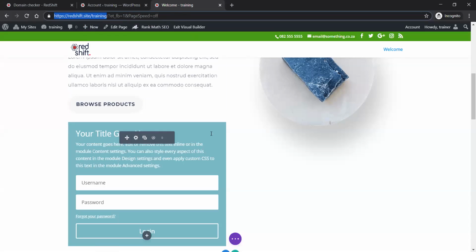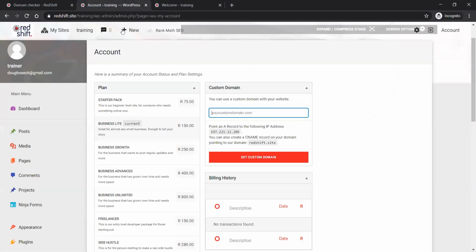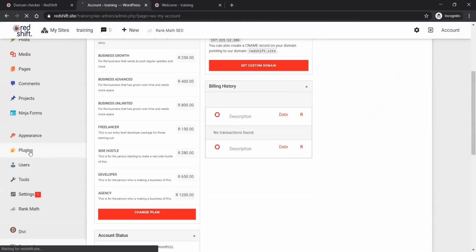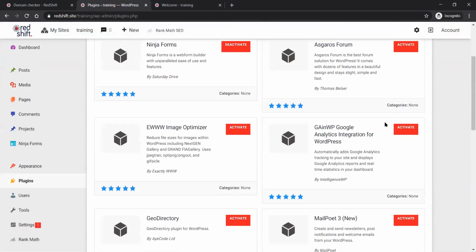What was the other question? Was login. So there is a basic login form module in Divi, but like I said, if you're doing it for the Greg's talking about, just to bring everyone else up to speed, right? So you get plugins, which is what I said is how you add extra functionality to your website, right? Ninja Forms and Rank Math are both plugins that are activated when you create your website, right, by default. But you also have, for example, the forums, which are exactly like the forums on our site. And Greg is talking about